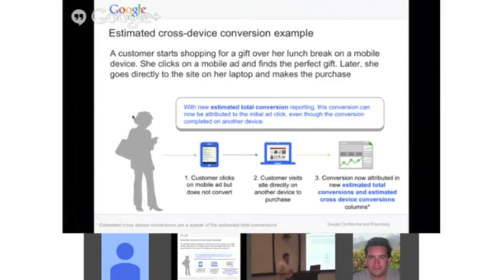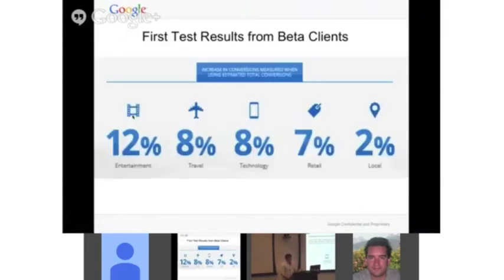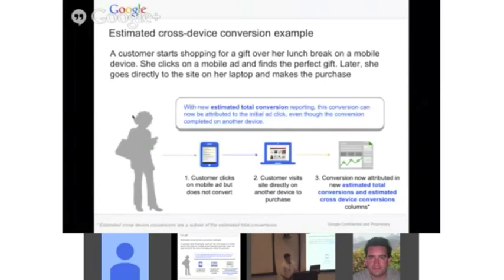Now, how does estimated cross-device conversions happen? Let me give you an example. A customer starts shopping for a gift over her lunch break on a mobile device. She then clicks on a mobile ad and finds the perfect gift. She then goes directly to the site on her laptop through an organic link or just types in the URL and converts. That conversion will actually be applied back to that mobile ad click in the AdWords interface as an estimated conversion to give you a bit more insight into how that mobile ad click benefited your whole conversion